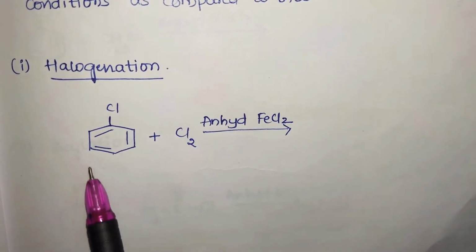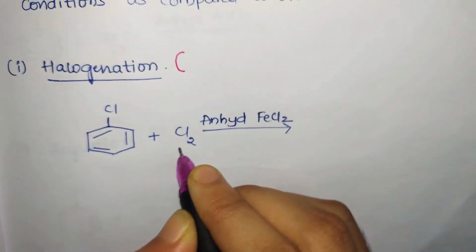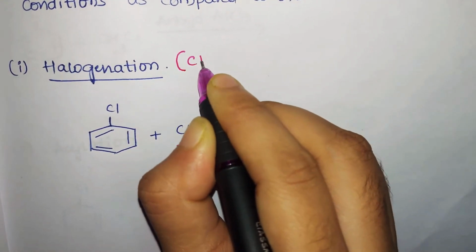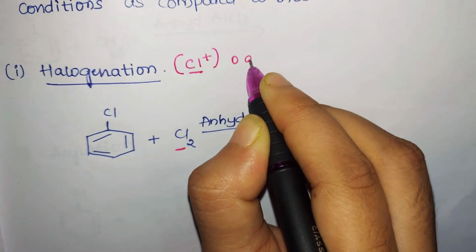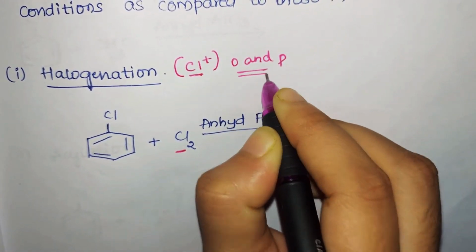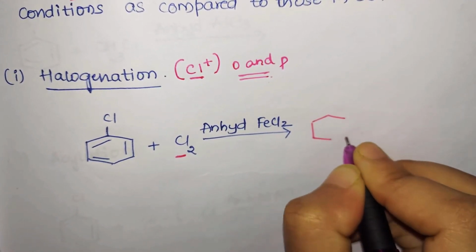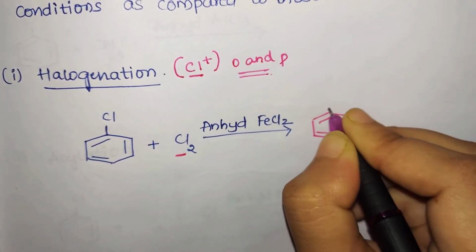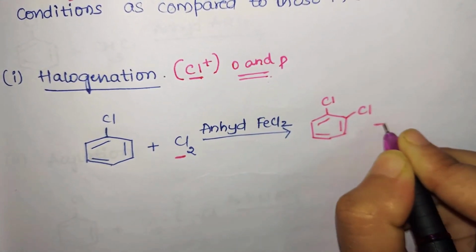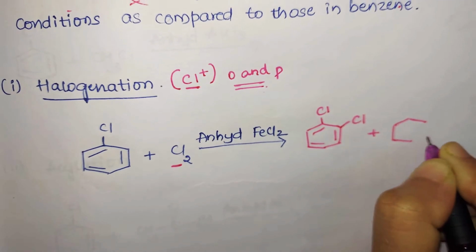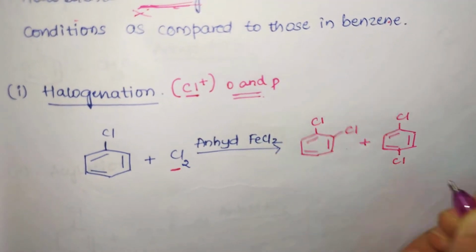The first reaction is halogenation. Electrophilic means you should have an electrophile. In halogenation, the electrophile present is Cl plus. We are not going into the detailed mechanism, we are just writing the reaction. Always remember, the product obtained will be a mixture of both ortho and para. We are not even balancing the equation, just writing the products we get. At the ortho position, a halide will be present, and also at which position? Para position. So there is already a Cl, and at the ortho and para positions we get the Cl group.